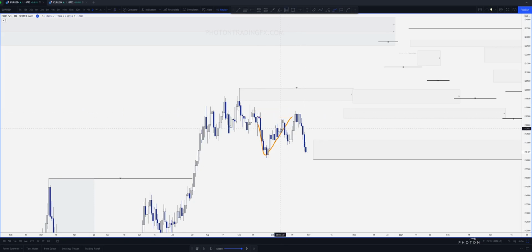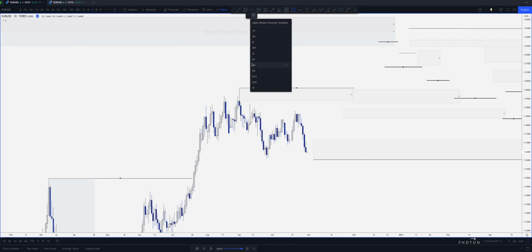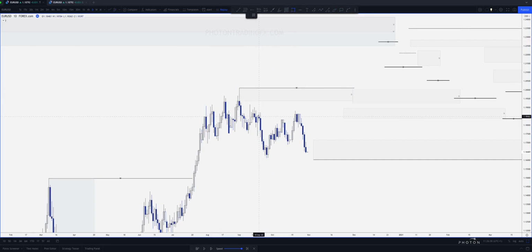right, what do we have for this area of supply? Just draw it on there. In fact, let me use the boxes so it doesn't get too confusing with all of these orange lines I'm chucking about. It's a little bit messy. We have a lot of wicks there with that daily supply zone. You can have the whole range, you can have the pivot. It doesn't massively matter at this moment, but more just understanding